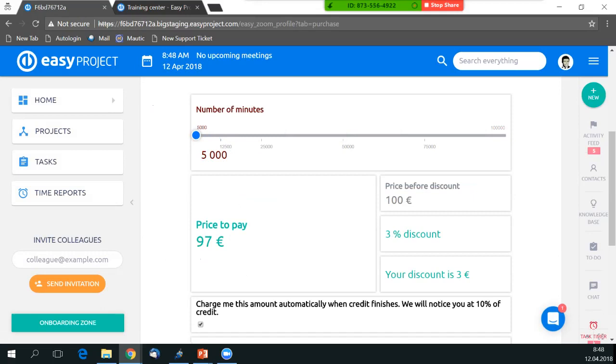As you can see, the lowest to purchase is 5,000 minutes, which is 97 euros. Over here, you can see the discount that you get. So simply the more minutes you purchase, the higher the discount, and you can see the saving here as well. So if you purchase 100,000 minutes, it's 1,000 euros, and we applied a 50% discount, which means that you actually saved